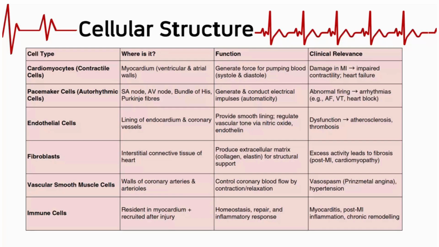The main cell that is affected by coronary vasospasm is vascular smooth muscle cells, because they're the ones that control coronary blood flow by contraction and relaxation. When they go a bit mental, that's when we have the spasm of the blood vessel, and therefore we have chest pain. Now, this is a type of angina. So we have other types of angina: stable angina, unstable angina. These are a little different, but Prinzmetal angina is by and large,